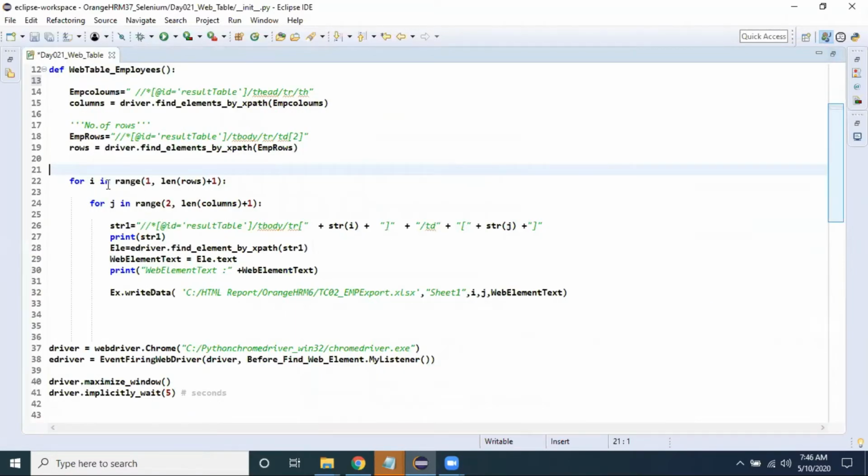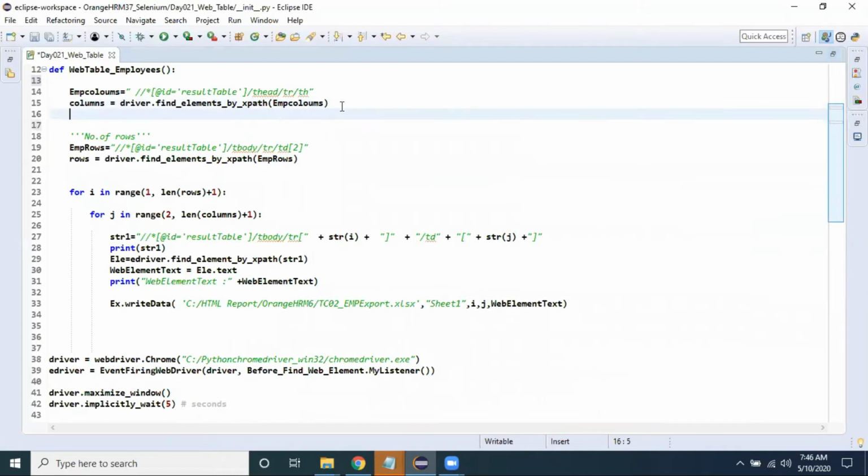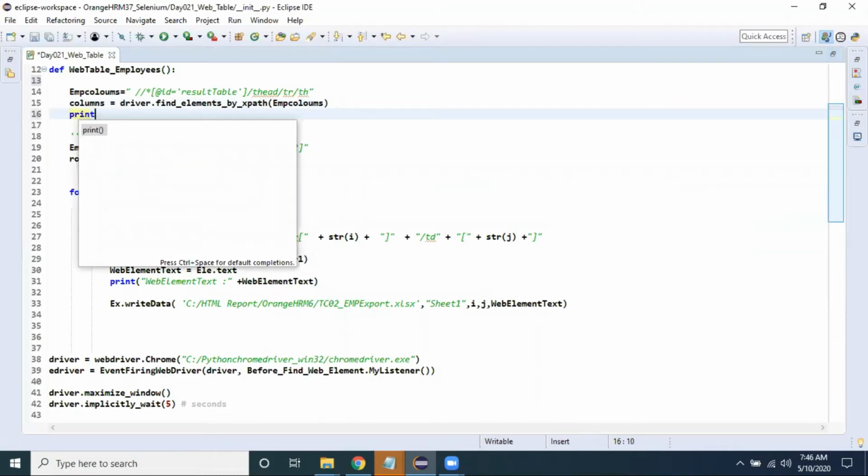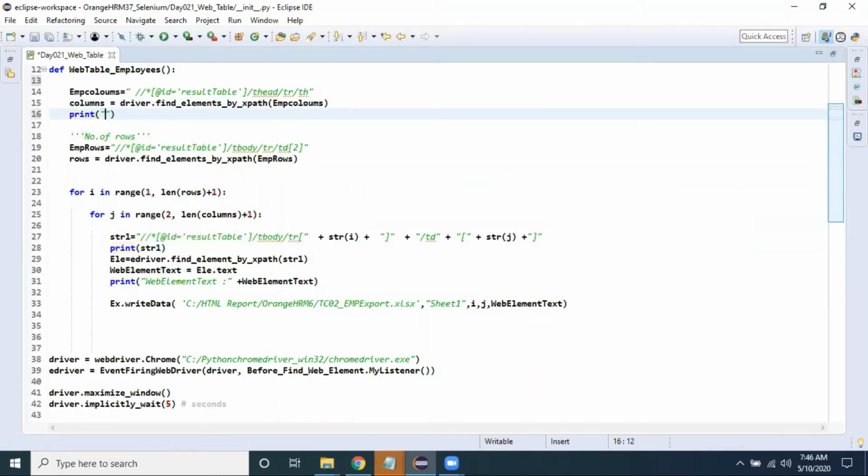For i in range 1 to length of rows plus 1. The length of rows is showing a total of 8 rows. Length of rows means, suppose if I want to print it here, first of all I will execute up to here. Just a minute.